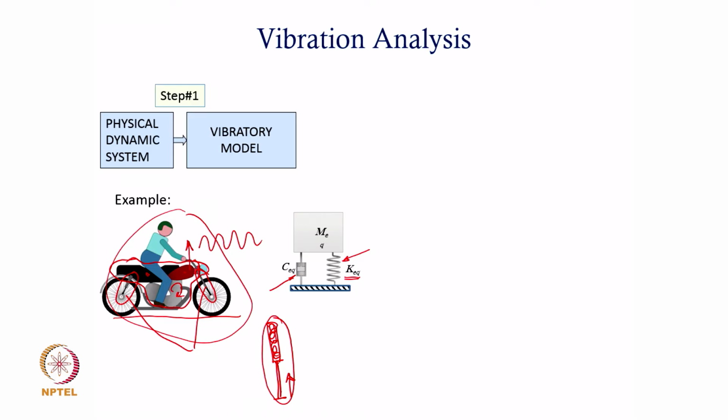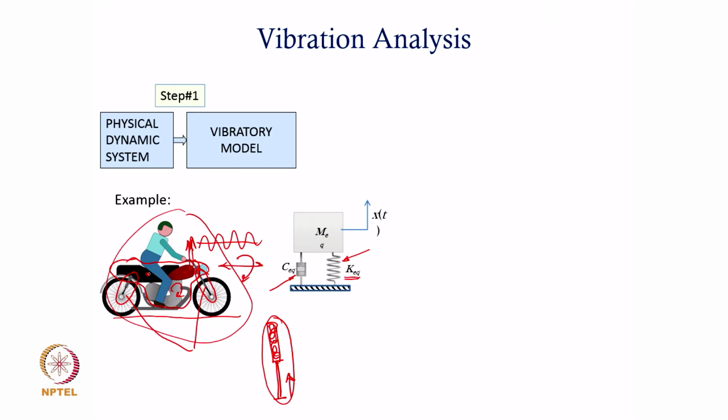This is obviously the first step in the process: to get a simplified vibratory model. How simple depends on what your objective is, what exactly you want this model to give you, and if it is only a vertical motion, then obviously along with these elements I would specify the degree of freedom, or in which way this mass or inertia element is going to move. Now, of course, this mass can translate in this direction, it can oscillate and all of that, but as a first approximation, if I am interested only in the vertical vibratory motion,